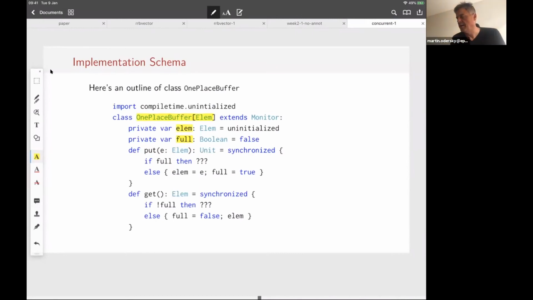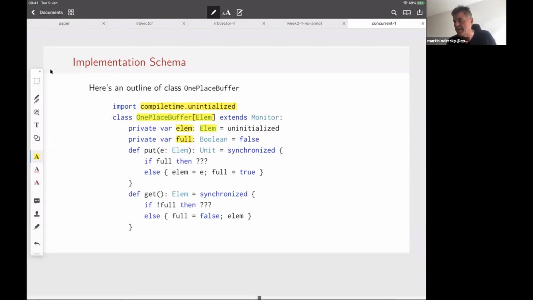Uninitialized is a special thing in Scala 3, which you get from a package called scala.compiletime. Uninitialized basically just says, well, I won't put a value in that variable initially, because after all, what value could you put in there? The variable is of type lm, and lm is a type parameter. We don't know what a possible value for lm would be, but we don't need a possible value because, hey, the buffer is empty.